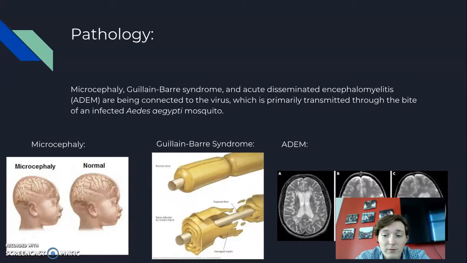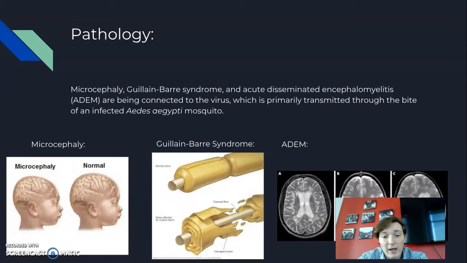During pregnancy, a baby's head grows because the baby's brain grows, and due to the effects of the Zika virus, brain development halts, head development halts, but the rest of the body continues to grow. So the baby is born with an abnormally small head, and there are severe cases where the head is even more abnormally small, and these babies,